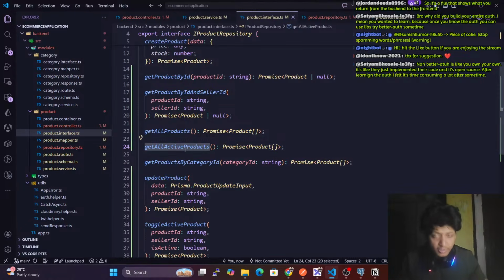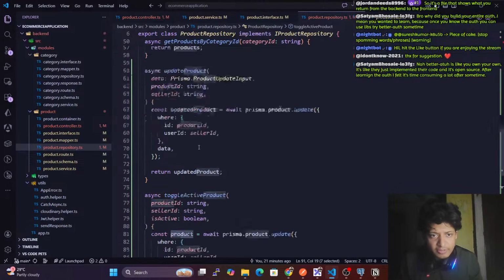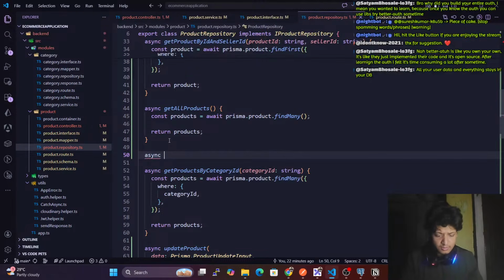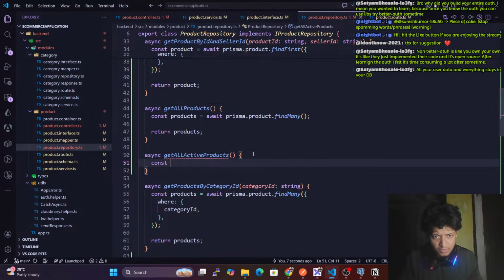Okay, getAllActiveProducts, and in the repository to implement it, update product. Here async, we have this active product, getAllActiveProducts. Here we have const